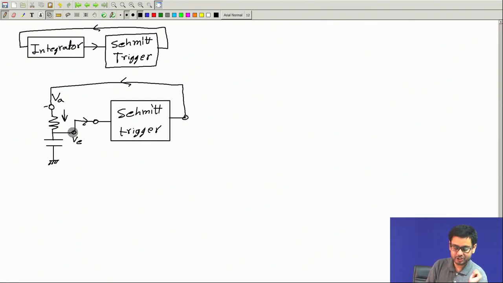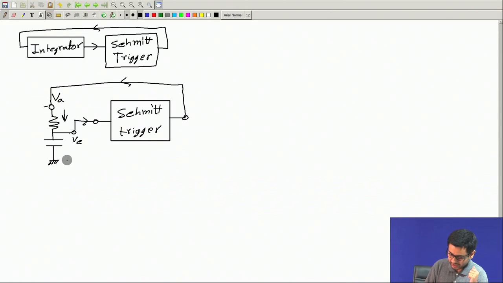so that if this is positive, this will increase continuously, and at some point this will reach some threshold, maybe the upper trigger point, and it will force this Schmitt trigger to change its output from positive to negative. Okay? And then it will be negative, and if this is negative, then the negative voltage comes here. So, this voltage will gradually drop, come down, and at some point it will be low enough to trigger this Schmitt trigger to change the output once again from negative to positive. So, this way it will oscillate forever.